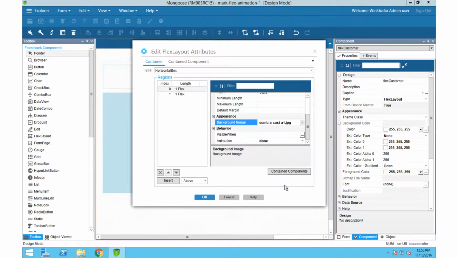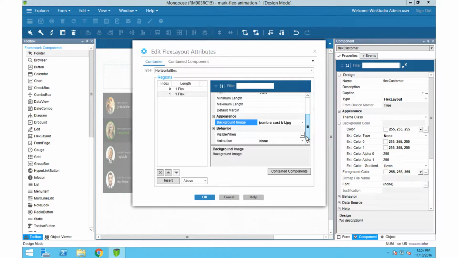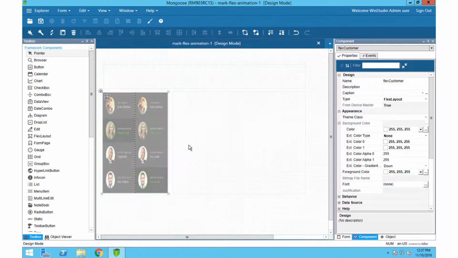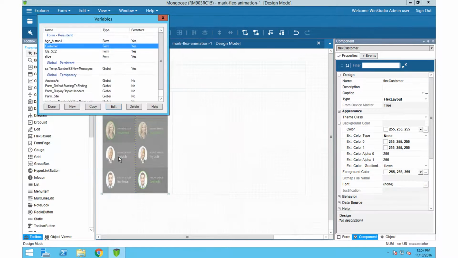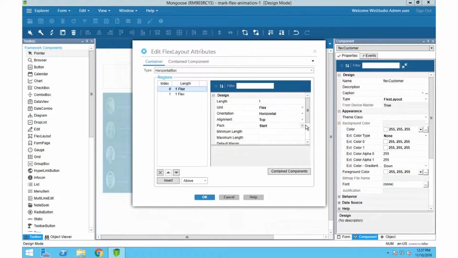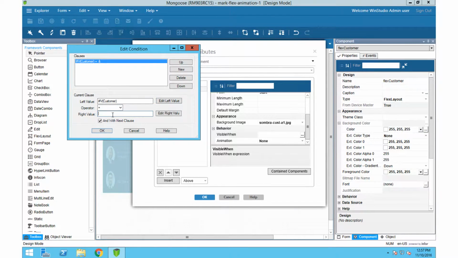I'm just using images. And I want one of these regions to be visible when a variable is equal to 1, and the other Flex region to be visible when the variable is equal to 2. So let's go create that variable real quick. We'll name it customer, and we'll save it. So now we can set this region to be visible when customer equals 1,